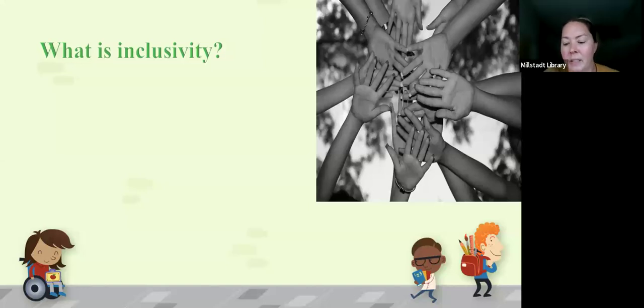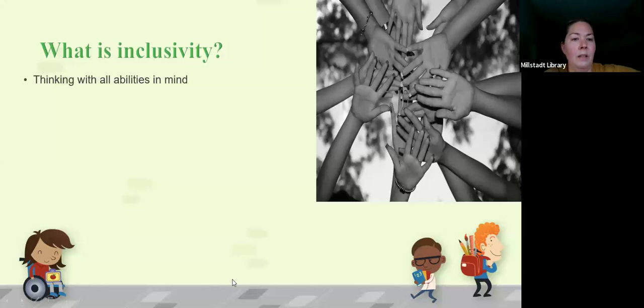So what is inclusivity? It's thinking about interactions and activities with all abilities in mind. So going outside of just, oh yes, we need this bathroom to be accessible to all, thinking about how we could make this